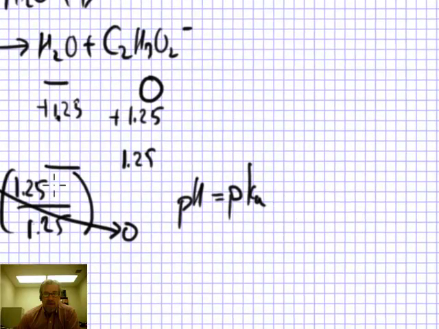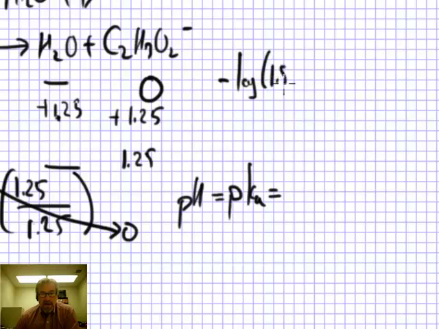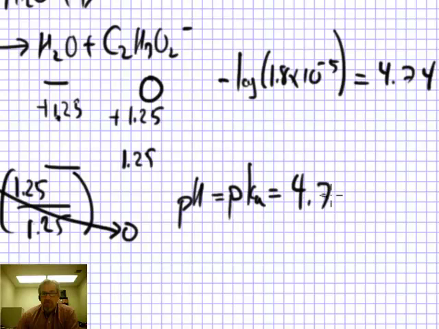Now, if we hadn't gone halfway to the equivalence point, this ratio wouldn't be 1, and you could still figure out pH. It just wouldn't be as simple. So the pKa, what is pKa? Well, if you take the negative of the base 10 logarithm of 1.8 times 10 to the minus fifth, because that's Ka for this acid, you would get 4.74. So that means our pH at this point in the titration is 4.74. So it's gone up,